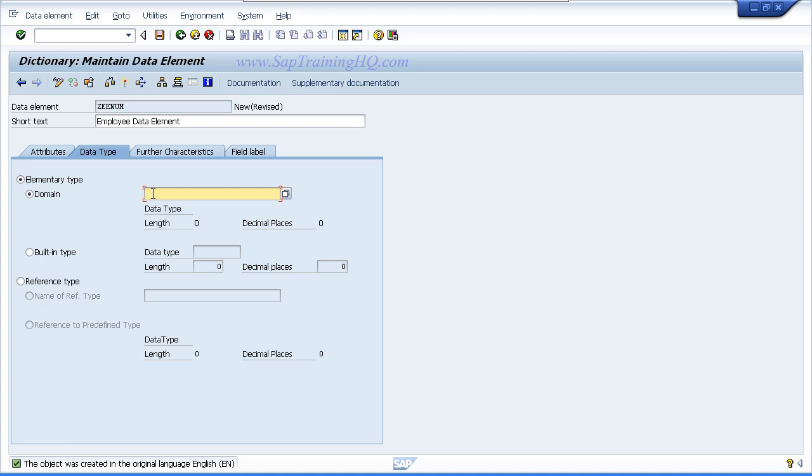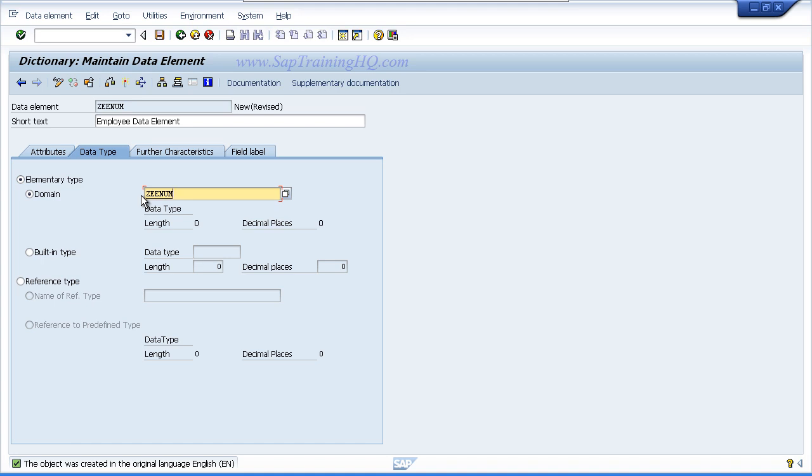And we are going to create a brand new domain using the same name that we use for the data element. Now don't get confused. This doesn't mean there's some sort of magical relationship between the names. There isn't. We're just using the same name because that's what I've decided.